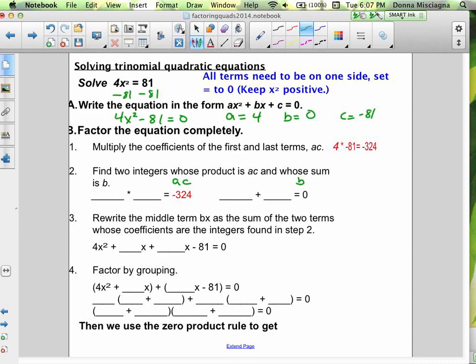It's 18 times 18. So our two numbers are going to be negative 18 and positive 18. That'll multiply to give us negative 324, and it will add to give us 0. So on these factoring,